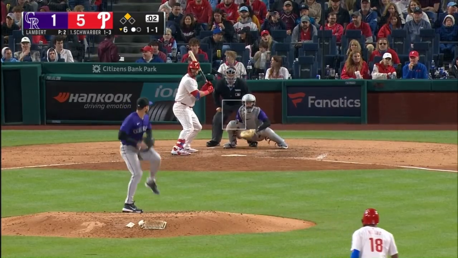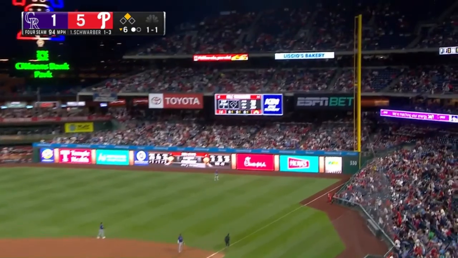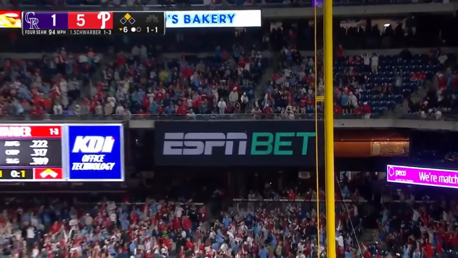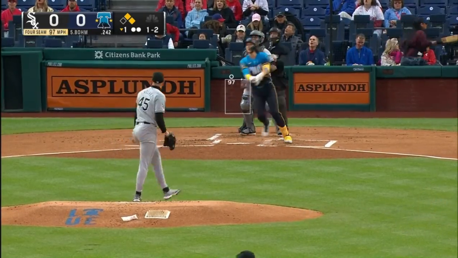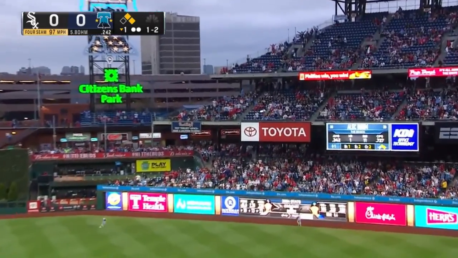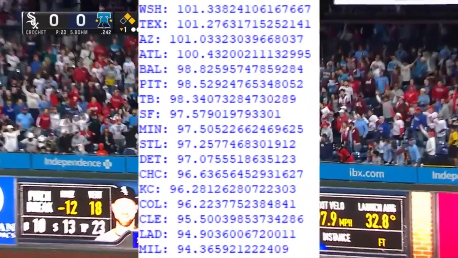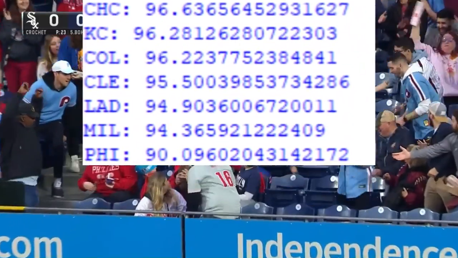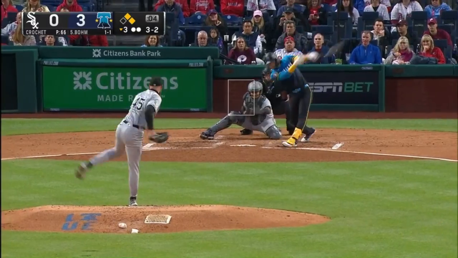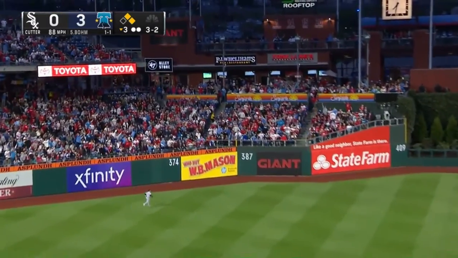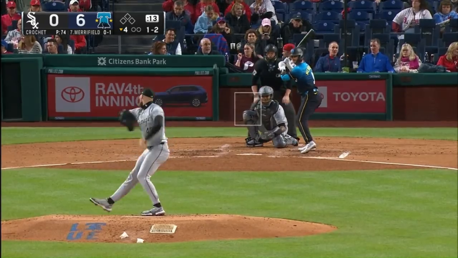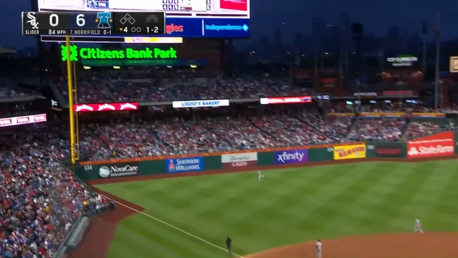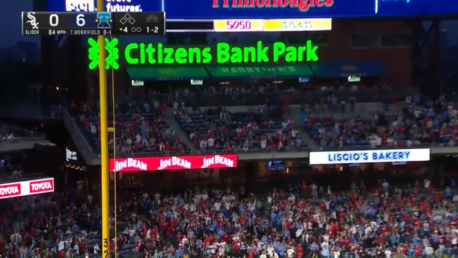However, when I run my program that tells me how difficult each team's schedule's been, not just based on the win percentage of their opponents, but based on the times at which they played them and how good they were, it tells a bit of a different story, whereas the Phillies lie at the very bottom of that list by a mile. They are consistently playing teams that are either bad or playing really poorly at the time that they play them. So if we want to break down what's actually happened during this 29-6 stretch, they started out with